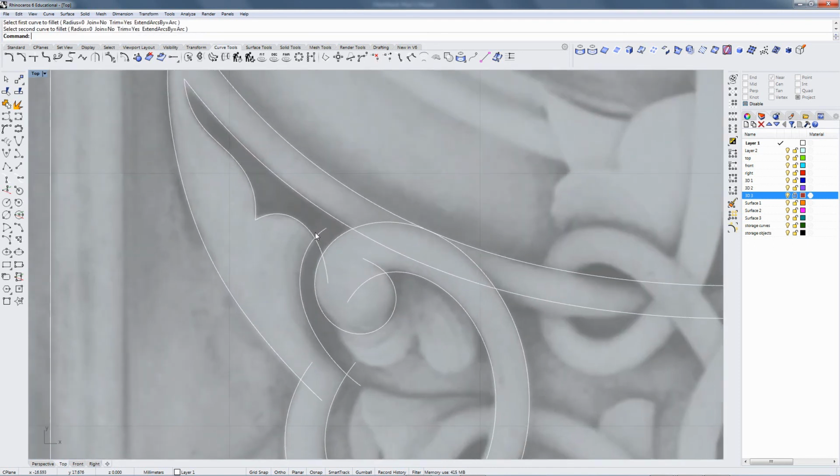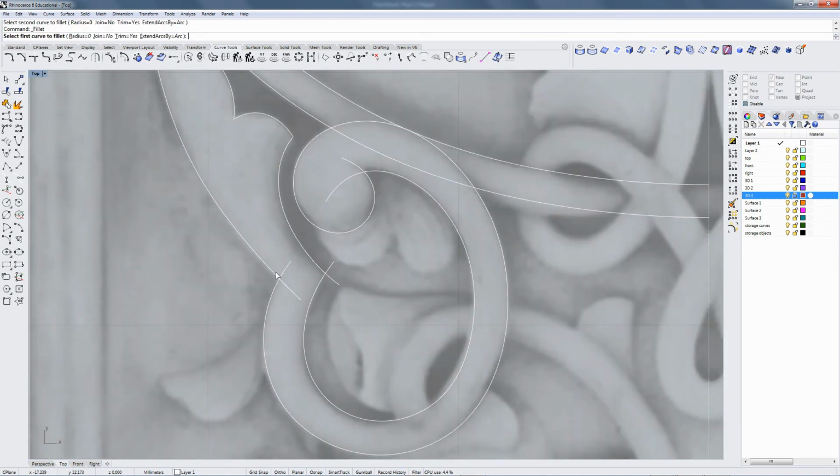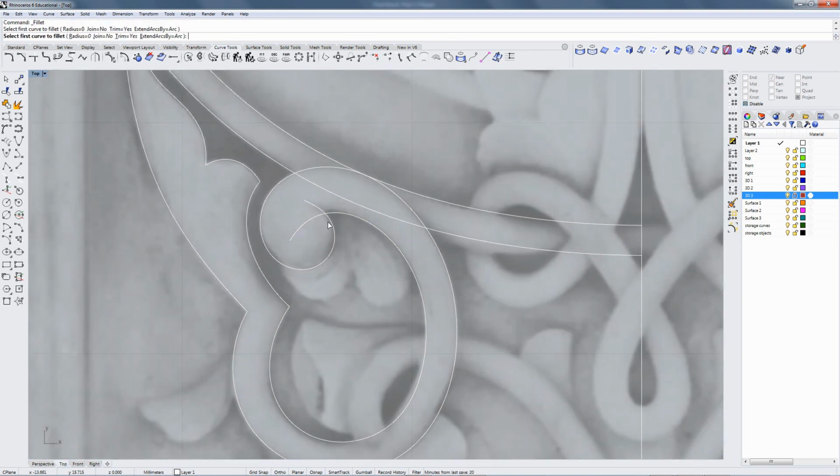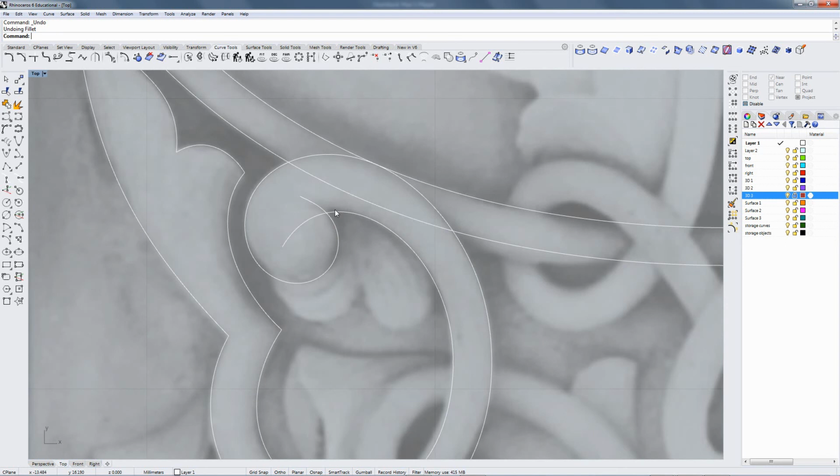Make sure you click on the correct side. If you click on the outside here, it's going to take away what I want to keep. So be careful of where you click. Now see, I don't actually want to do that. I want to keep this curl overlapping. So what I'm going to do is select this curve and trim